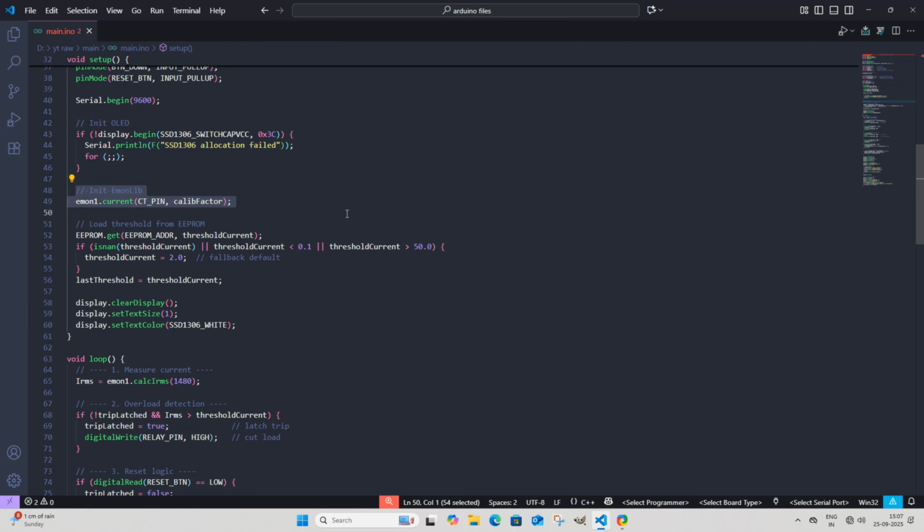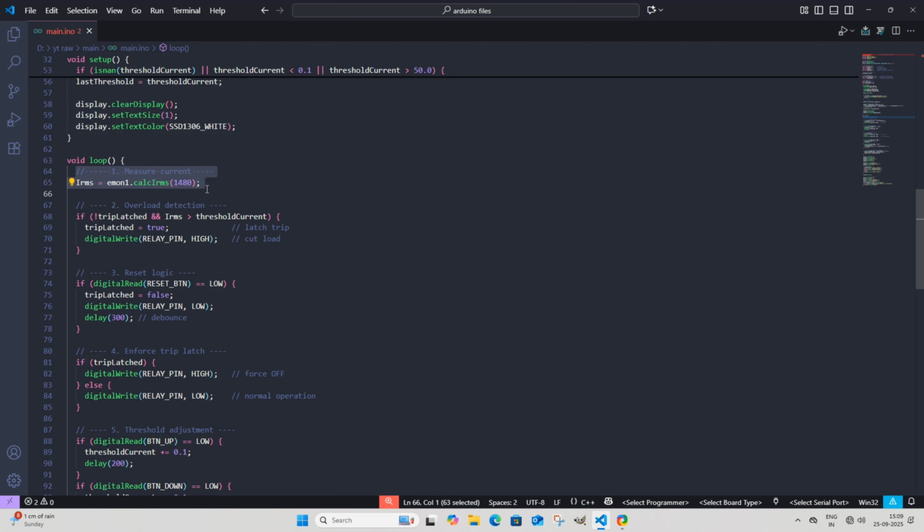EmonLib init sets up the CT sensor on A0 with the calibration factor. Load threshold from EEPROM reads the saved threshold. If the value is invalid, NaN or out of reasonable range, reset to 2 amps. OLED setup clears the display and sets text size and color. Reads the AC current RMS value by sampling